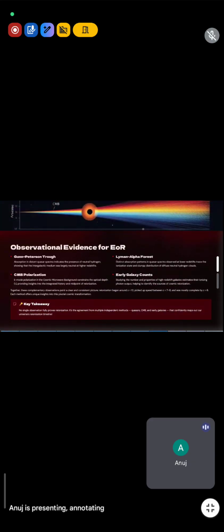Observational evidence of EOR, Gun Peterson thought, rough, Lyman alpha forest, तो एक ही CMB हो गया क्योंकि polarization, अंदर के early galaxy counts. परवाह नहीं एक घंटा होता परवाह नहीं In टूटी करो मेरा को पता नहीं In Gunn-Peterson